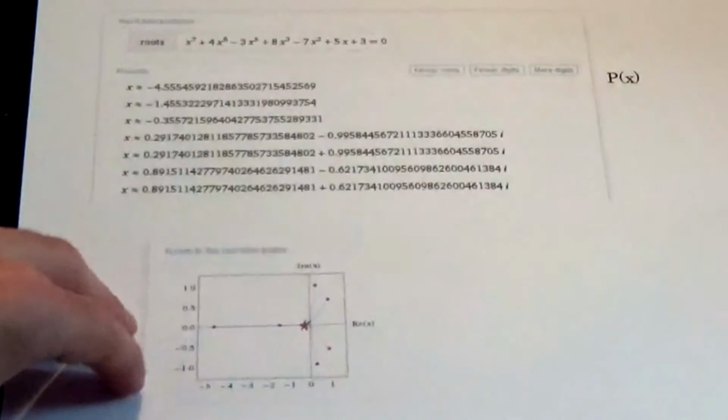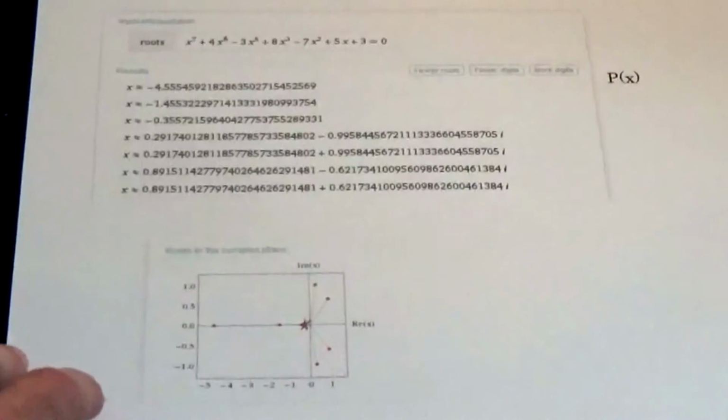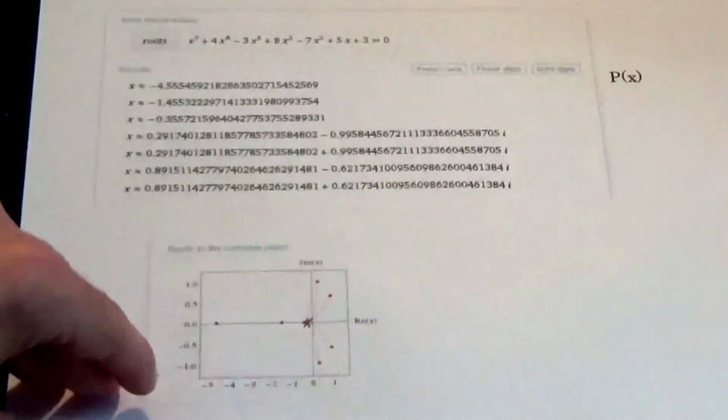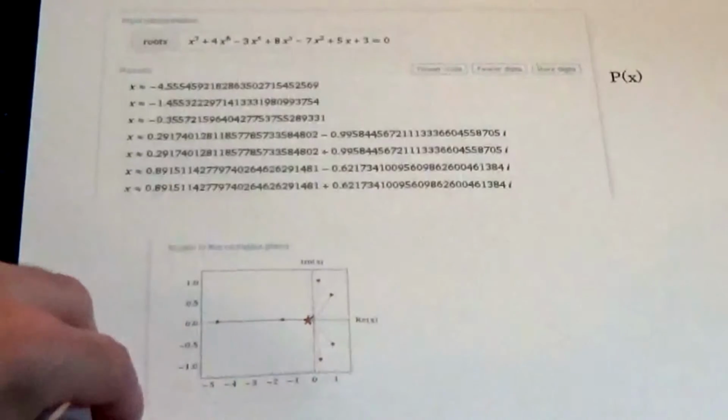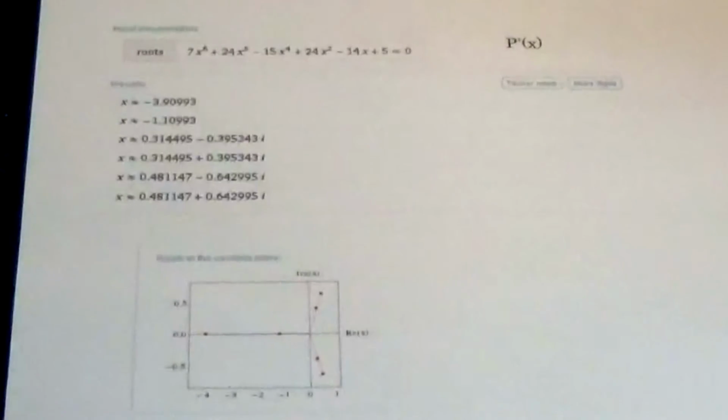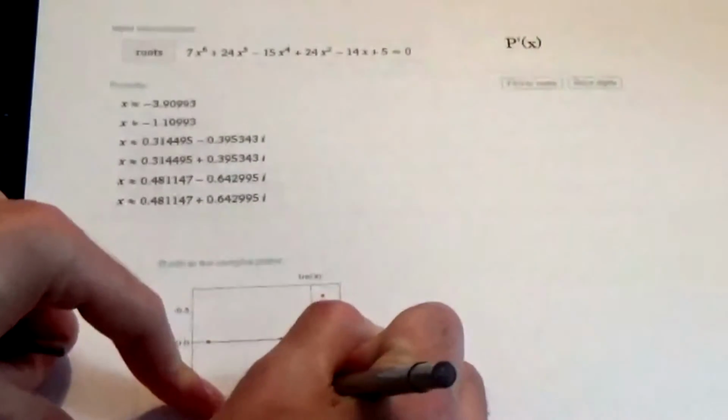And so I just wanted to show you that this is the diagram for p of x, but if we were to differentiate it, there's the first derivative of p of x, p prime. What you'll find is that, and perhaps this isn't completely obvious to the naked eye, but it's at least believable, that